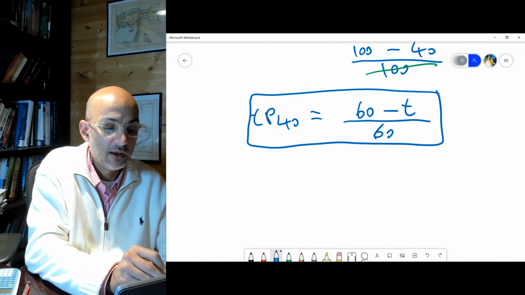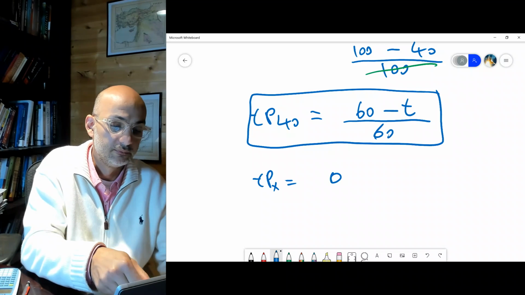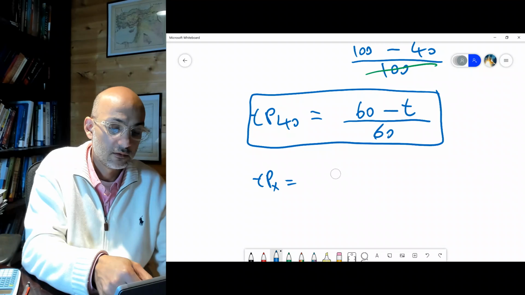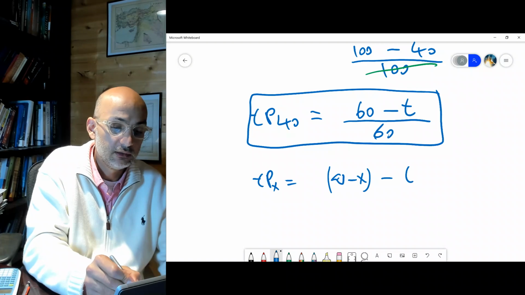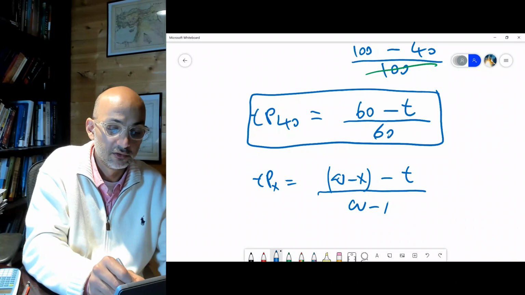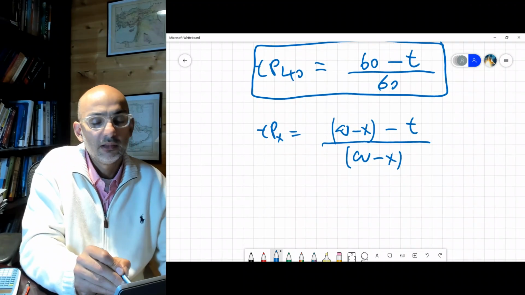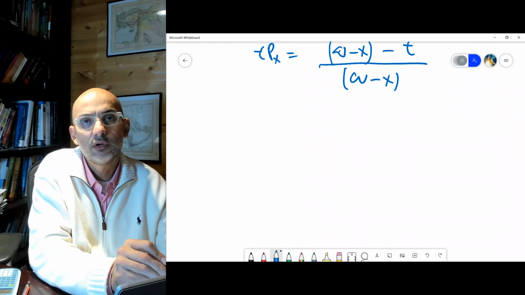We can generalize it if you want. TPX will become 60, or not, no, it becomes omega minus X minus T. Remember, it's 100 minus, we did 40, it becomes 60, divided by omega minus X. Right? But in general, and this is something I mentioned before, what is the story here